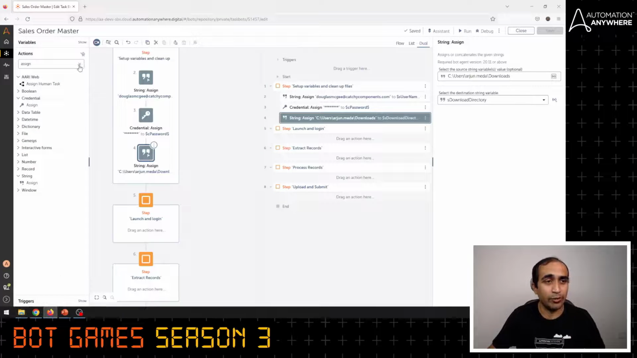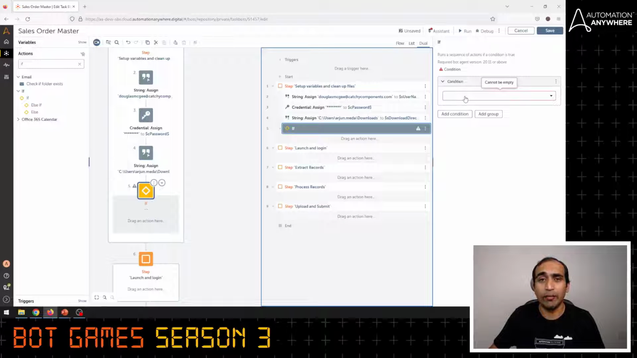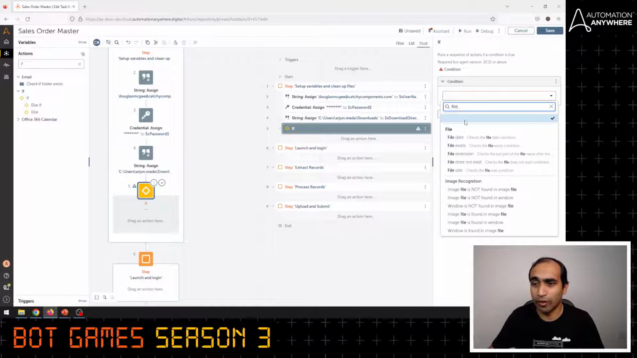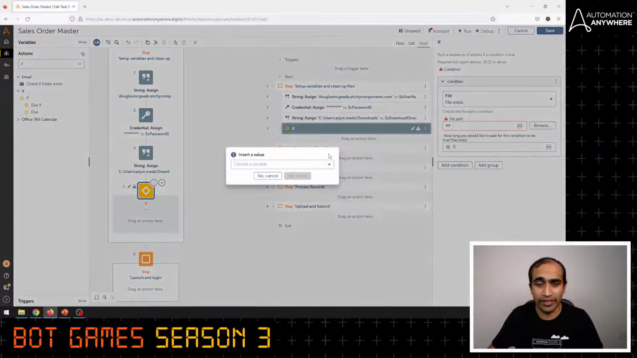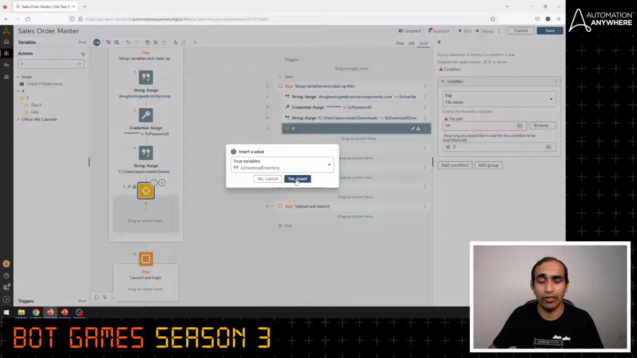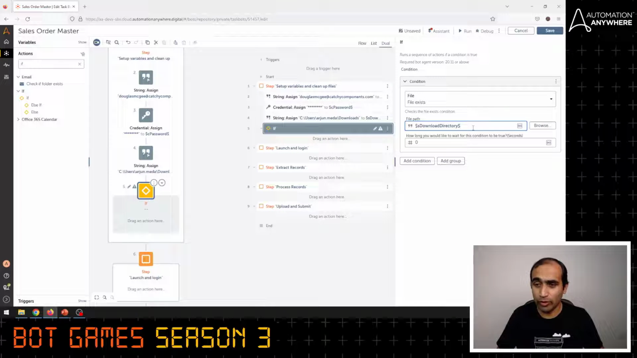For that, I'm going to use the action called if. Drag and drop this if action just below the string assign action, and here I'm looking to see if the file exists. So I'll just type the word file and select the option called file exists, and let's enter the file path here. We have a variable created, so I'll select F2 and then S download directory path, click on insert. Then let me just expand this a little, and we know the name of the file that's going to be downloaded from the application. I'll add this file name,